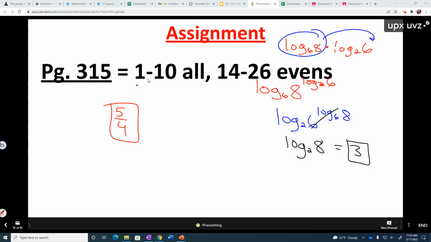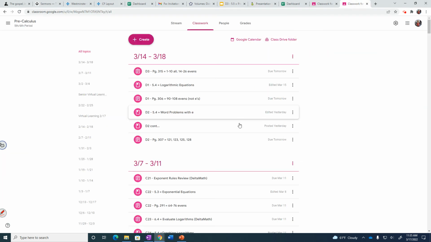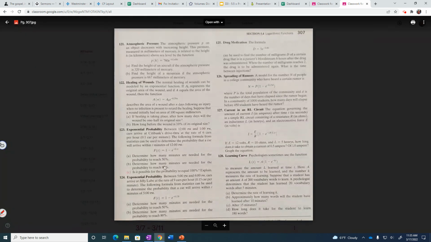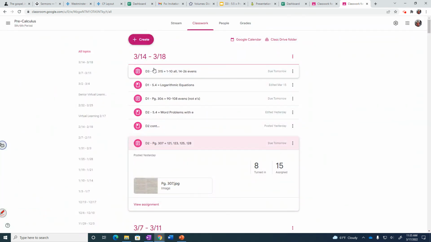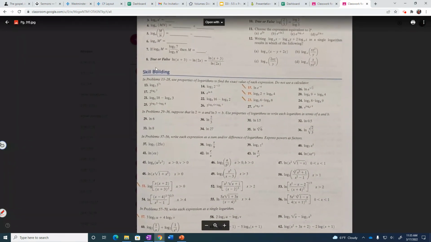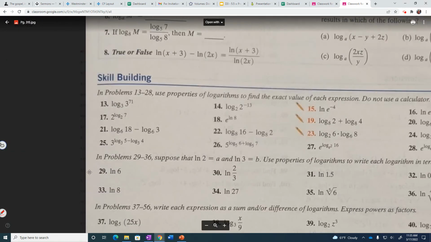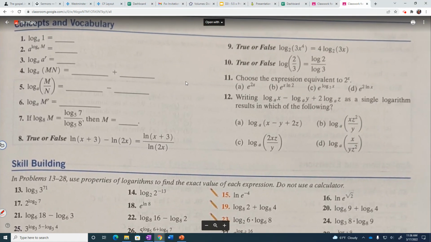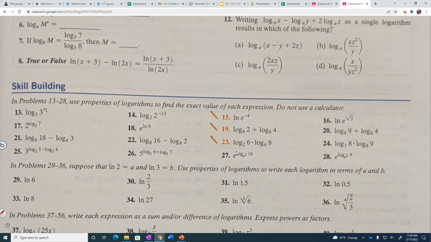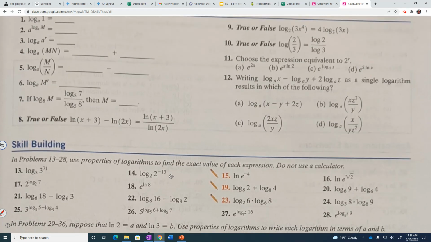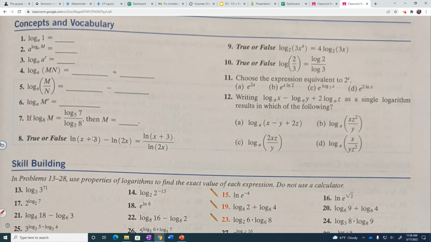It seems like there's a lot of questions, but the first 1 to 10, I'll pull those up real quick, are not bad. Like most of them are just recopying what the properties are. So 1 to 10 is going to be just like some properties, and then there's some true or false questions. You can just try your best to answer those. You got 3 true or false, and then you've got some like we just did where you're trying to solve it without a calculator. You get to a single number. Number 7 is kind of confusing. Don't worry about this one. You can answer it. It's just actually 7, but